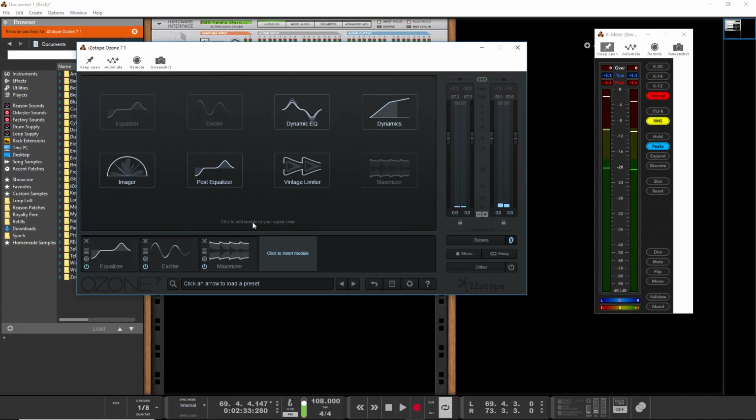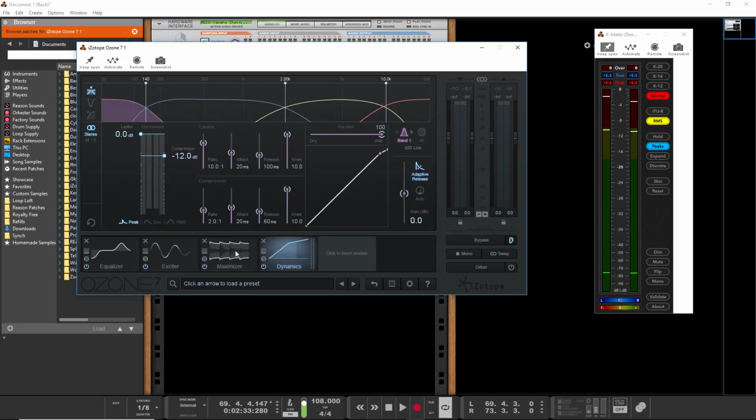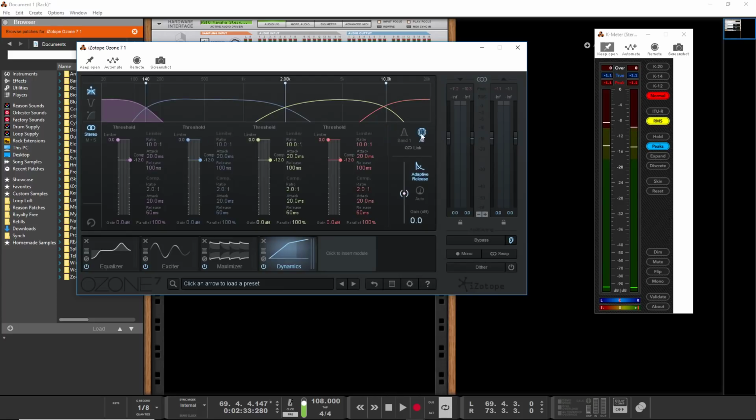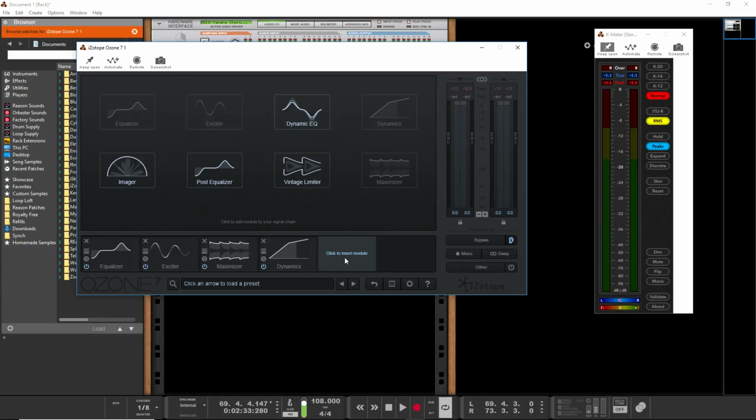Okay, now let's add dynamics. This is a multi-band compressor here. So we're going to have it learn the bands, and then we can set the attack and release and all of that. Although I tend to just go with a, well, actually, the one thing I want to try first